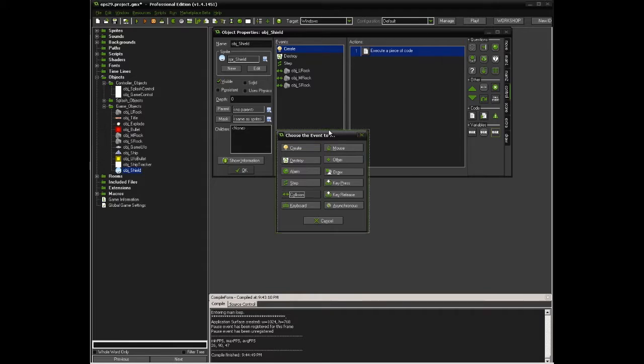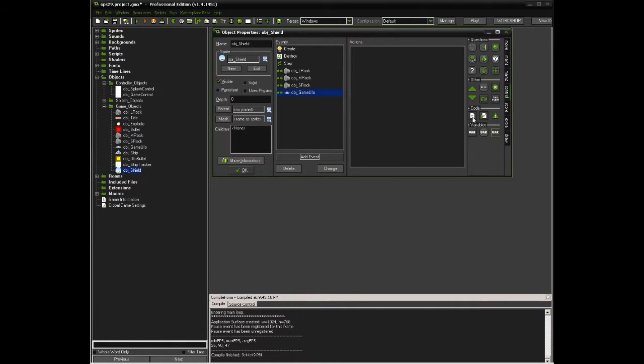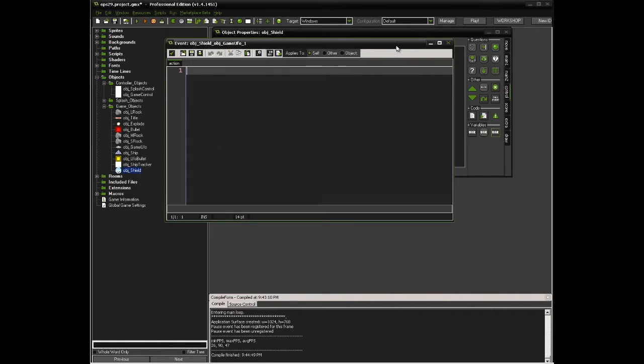So here, we're going to add a collision with the UFO. So the shield collides with the UFO. And we'll add the code. Okay, so this is the shield. We're colliding, not the ship, but the shield is colliding with the UFO. So with our ship,